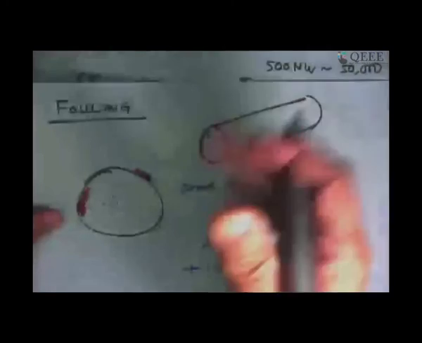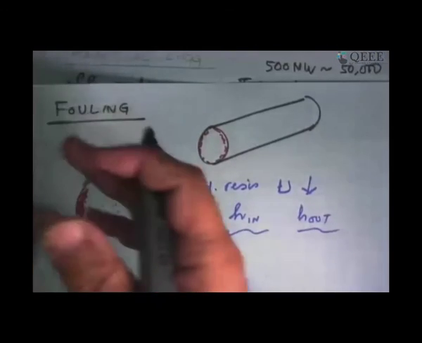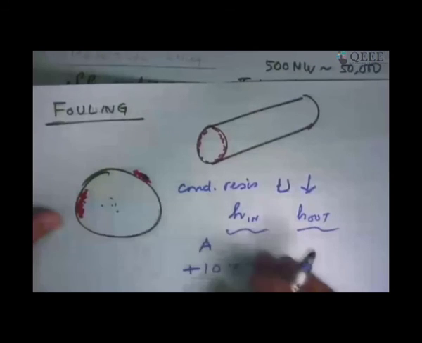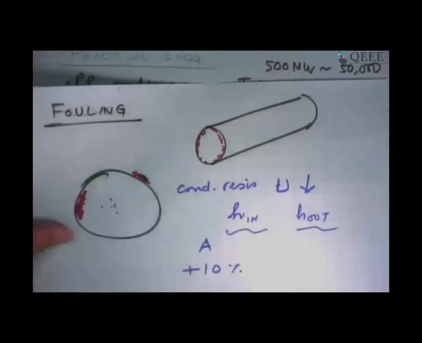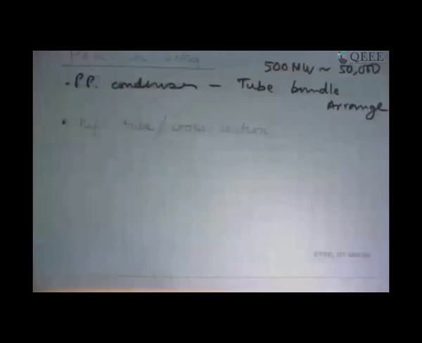5 years later, when it is fouled, I still want it to be reasonably good, so I will add more area into it. The other option is to somehow clean it, which is you open it and clean it and then get back into action. So this is something one does.